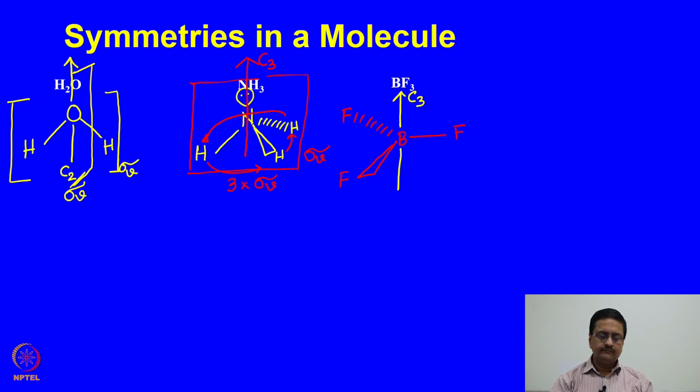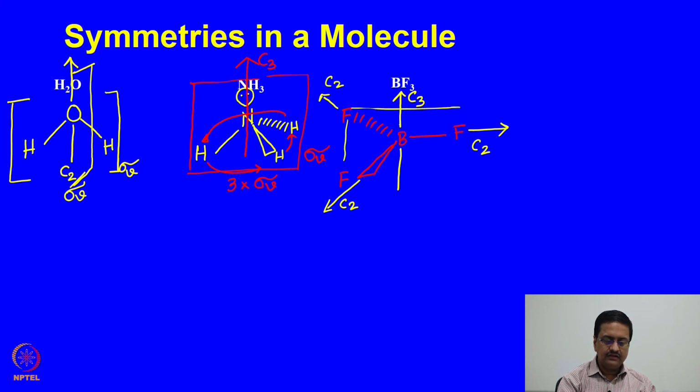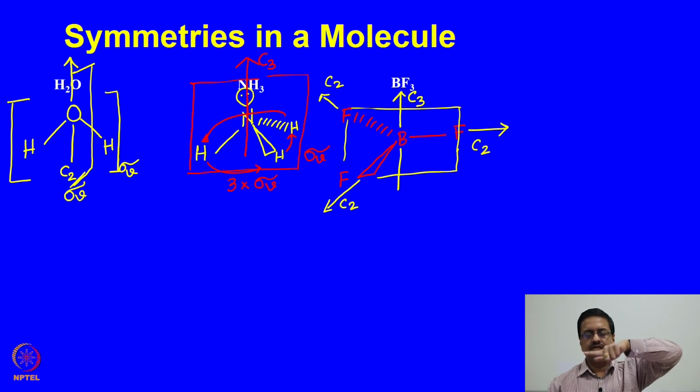What else does it have? It has 3 C2s, as you may be able to find out. Then the plane of the molecule, that plane which contains the molecule, is perpendicular to C3. So this plane, the plane of the molecule, is perpendicular to the C3 axis. That mirror plane is nothing but sigma h,